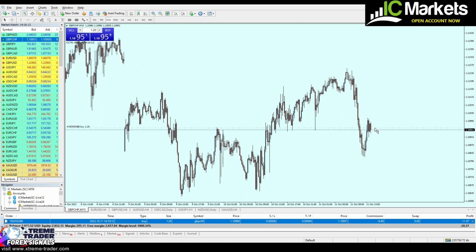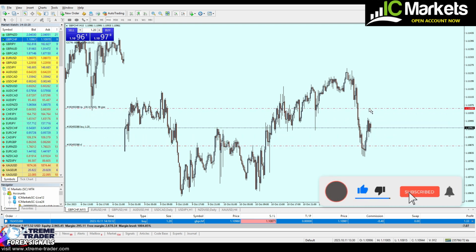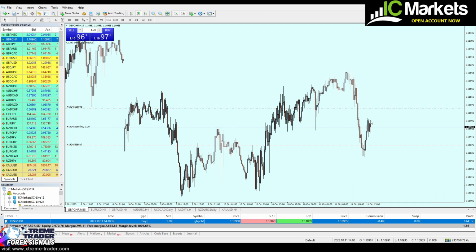I had to place the sell order, the buy order, stop loss right here, take profit level at the nearest support. Okay guys, so of course I will explain to you now the reason behind this trade, but before that,